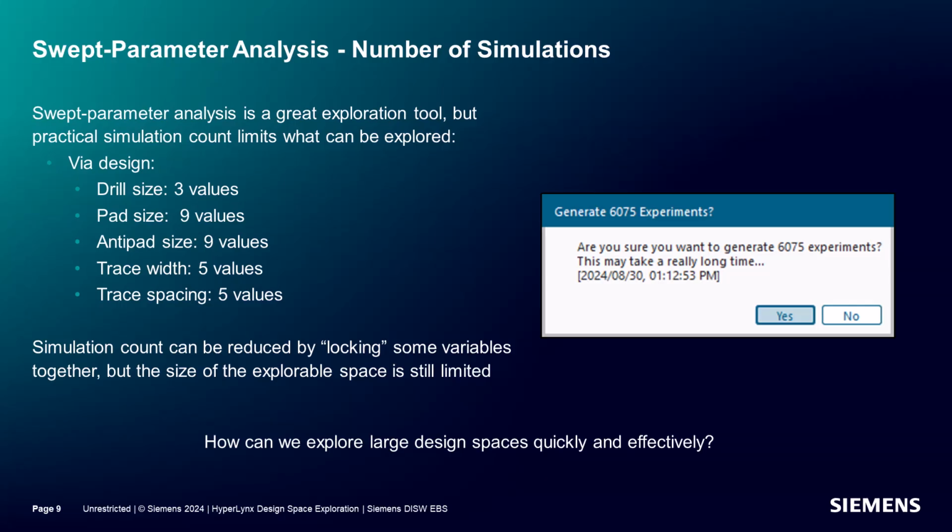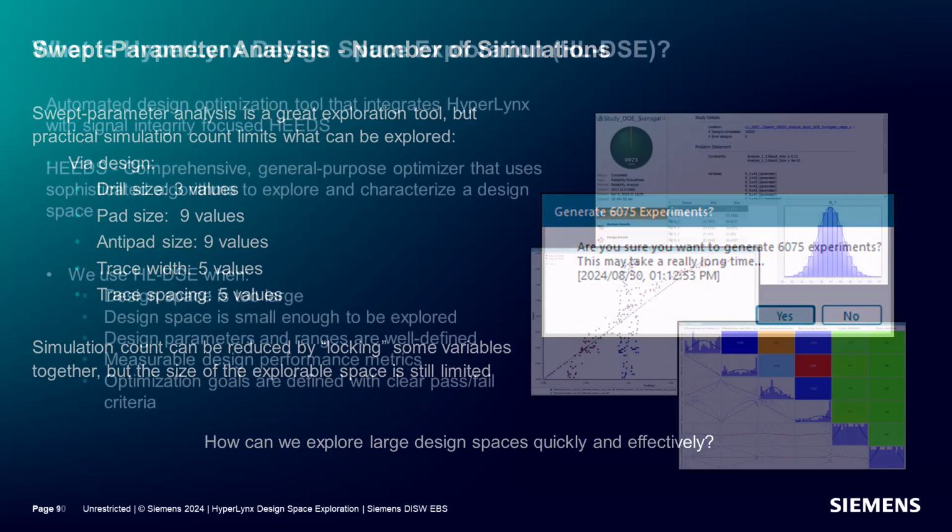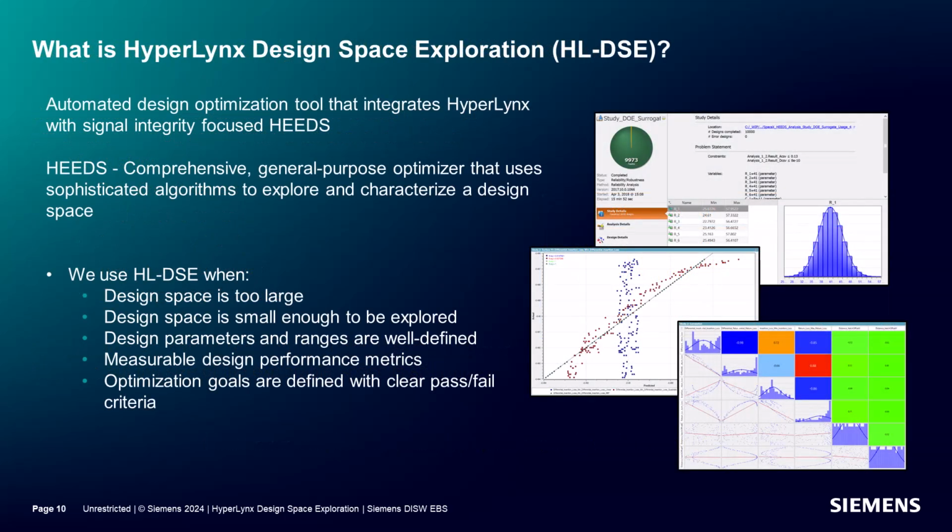This is where a tool like Hyperlinks DSE comes into play. Hyperlinks DSE uses advanced optimization techniques to explore design space and improve design performance. Advanced optimization provides a better way to improve a design, either prior to physical implementation or after a failed verification. The algorithm explores a full design space to avoid getting trapped in a local minima, so the whole space is observed. As more is learned about how the variables affect the results, better points are chosen to converge to a solution faster. So what exactly is Hyperlinks Design Space Explorer?